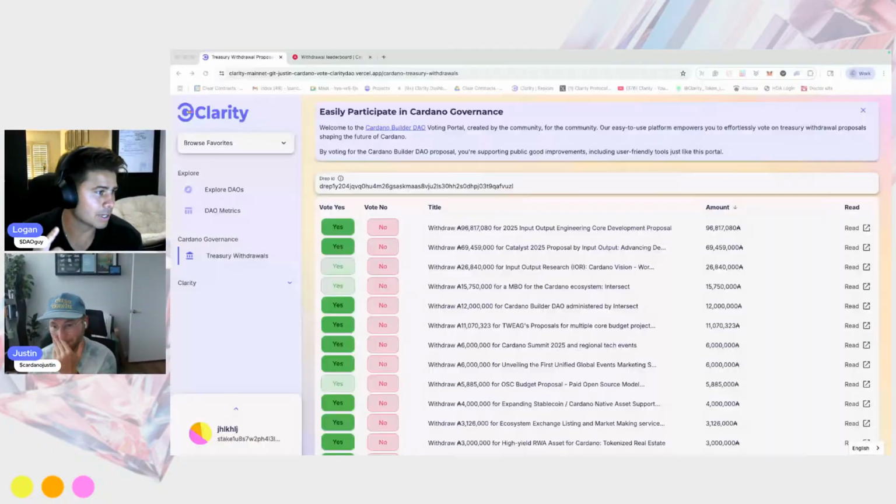Absolutely. All right, guys, we're going to wrap it up here, but this was the voting app. We will push it to clarity.vote. What, tomorrow? What do you think? Yeah, probably a couple little finishing touches on the UI/UX side of things, and then try to have this out by tomorrow morning for people to use.